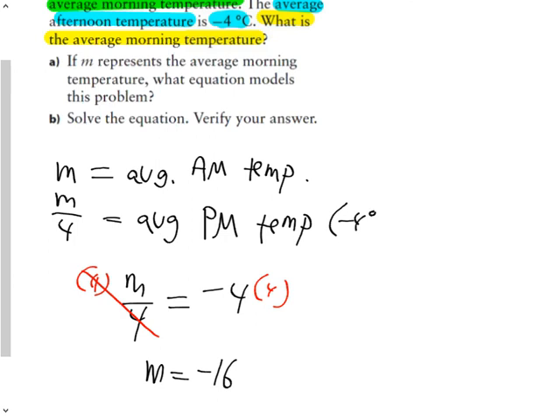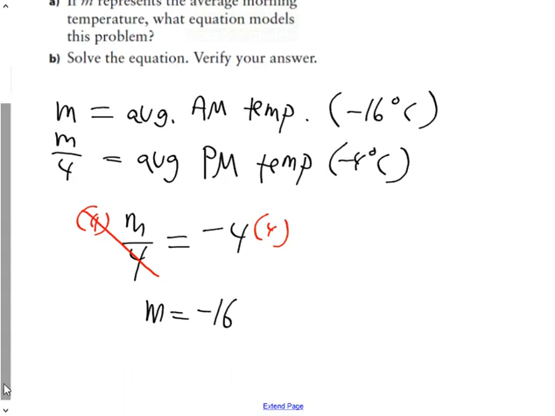So we already know that this is -4 degrees Celsius. We already know that. What's the average morning temperature? It's -16 degrees Celsius then. We've now solved for it because m is the average morning temperature and it's -16. So our final sentence would be, therefore, the average AM temp